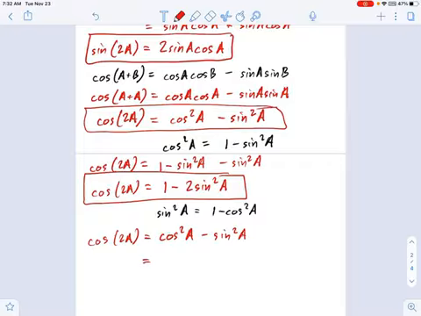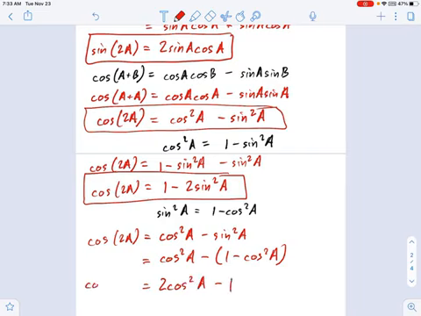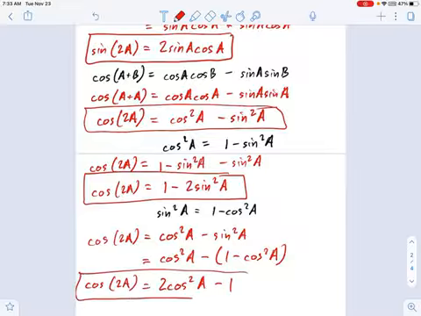So now that means cosine squared minus 1 minus cosine squared. And we're going to have to distribute the minus sign through multiplication, and what you get in the end is this, 2 cosine squared a minus 1. That is cosine of 2a. So you see cosine of 2a has three forms, and each of them has its place and is actually very useful. Again, I don't memorize them, I just recreate them as I need them.